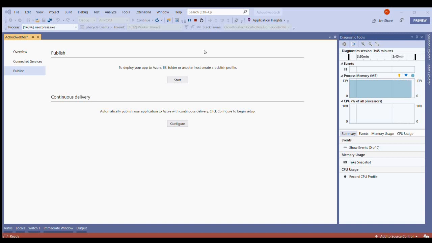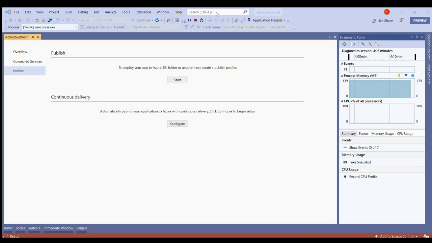Okay, so I have an app service plan already, which is related to this one, and I'm going to click on create. As soon as we do that, a web application is going to be deployed in the Azure portal. There is another way of deploying a web application into the Azure portal, which we can get to know in later videos. But for now, this is the way we are going to deploy a web application into the Azure portal.